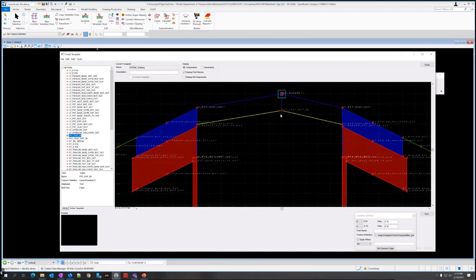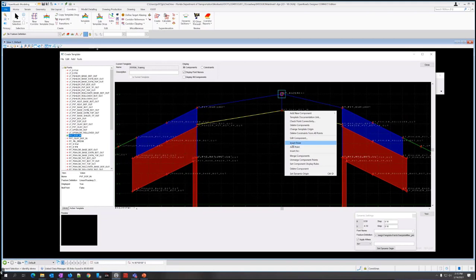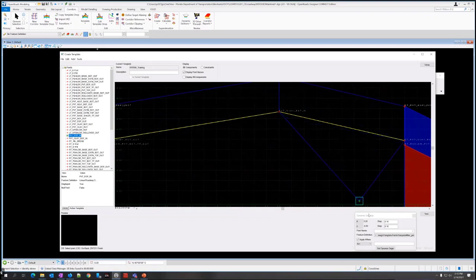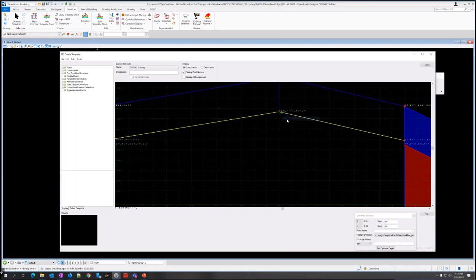All right, so now we want to put points on the bottom of the pavement overlay, pavement milling, and pavement overbuild components. So I'm going to right click here, do insert point. It's going to ask me, well, where do I want to put the component? Let's do the overlay first. I'm going to decrease this step to 0.01 from 0.10 because that's the reason. This is in the dynamic settings. That's the reason it's being a little finicky. Now I can keep it looking a little bit better. So I right click there and do finish.